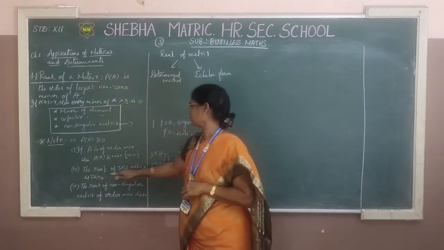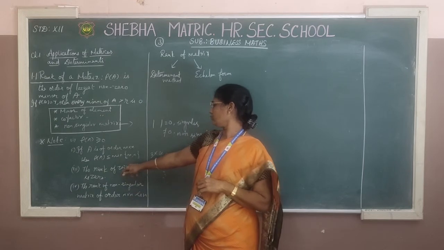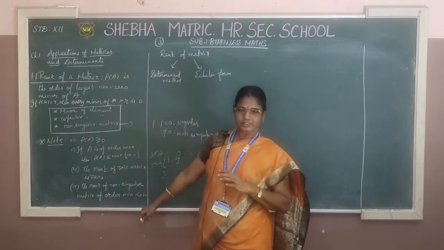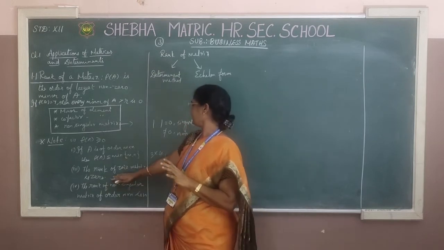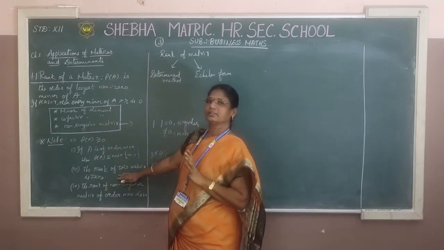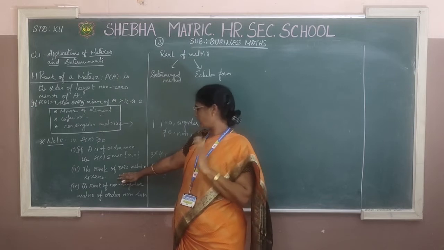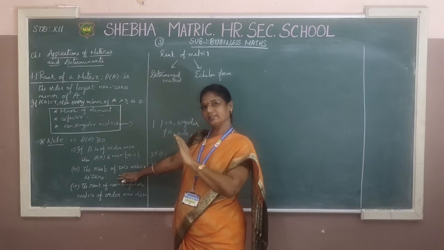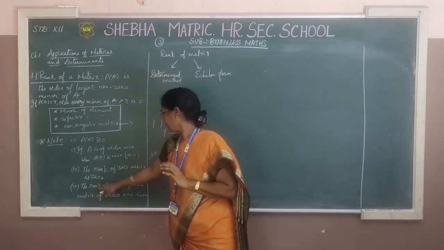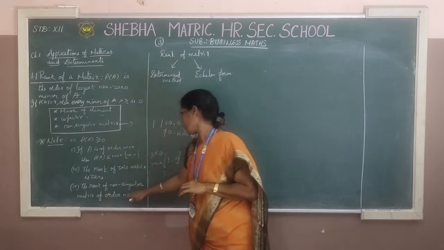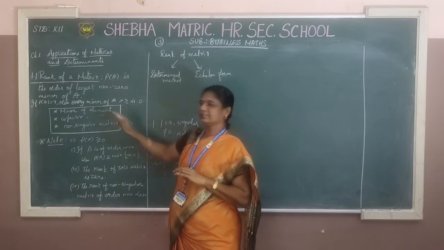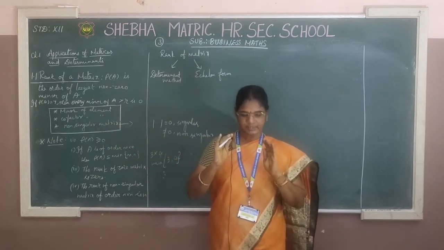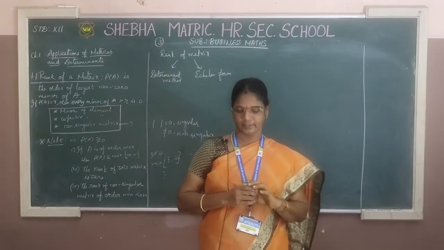The rank of 0 matrix is 0, and you know very well what is the 0 matrix. In 0 matrix every element should be 0. So, automatically if we get 0 matrix, you close your eyes and write its rank is 0. Similarly, rank of non-singular matrix of order n by n is n, and we know very well the minors are all in square form.